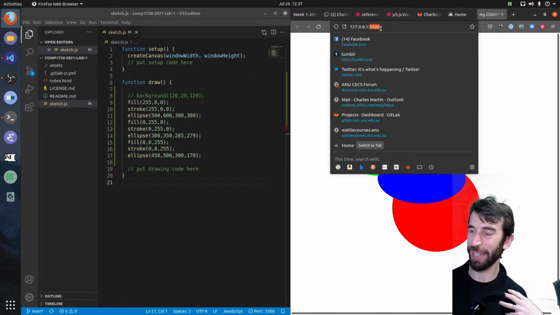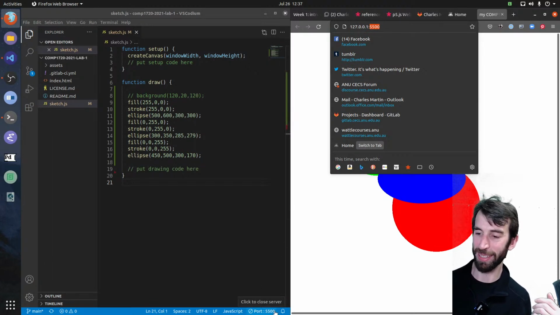And then this is another number to represent the particular server which is speaking here. So you can see here that 5500 matches 5500 down here, which sort of makes sense. This is the number that this server delivering this website is talking on.